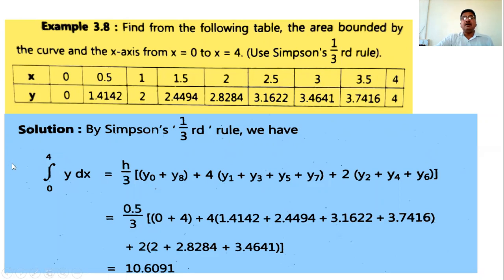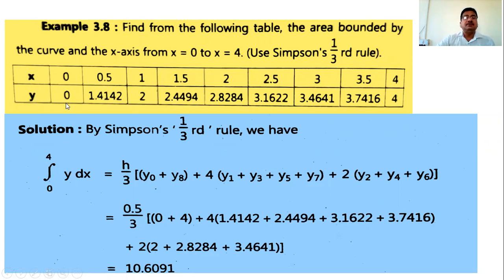First write the area bounded by the curve and x-axis from x equal to 0 to 4 is equal to integration 0 to 4 y dx or f(x) dx. The function is not given, but there is no need for the function because the table is given. If the table is given, then whether the function is given or not, we don't need the value of y or f(x) from the function. So write